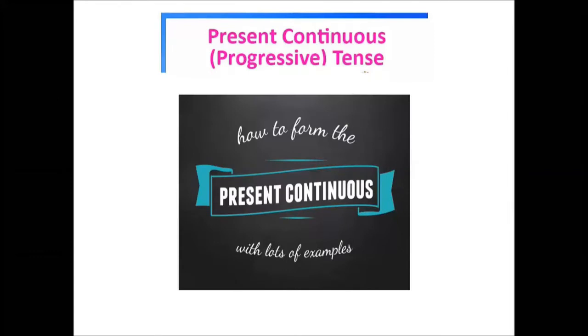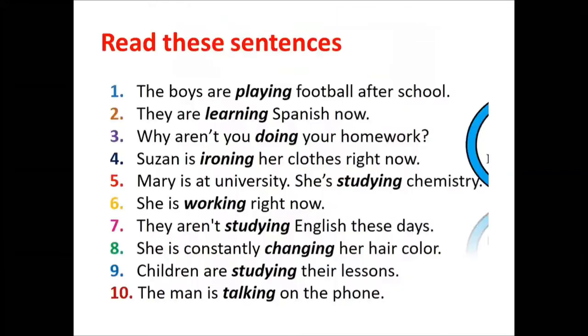Today we want to talk about the present continuous or present progressive. Progressive is another word, and the meaning of it is continuous. Okay. Now what we want to learn in this video. First, we want to learn how you can form the present continuous, then the uses of it.